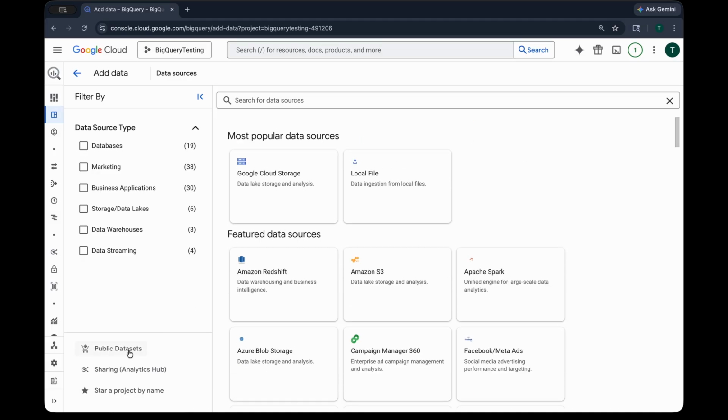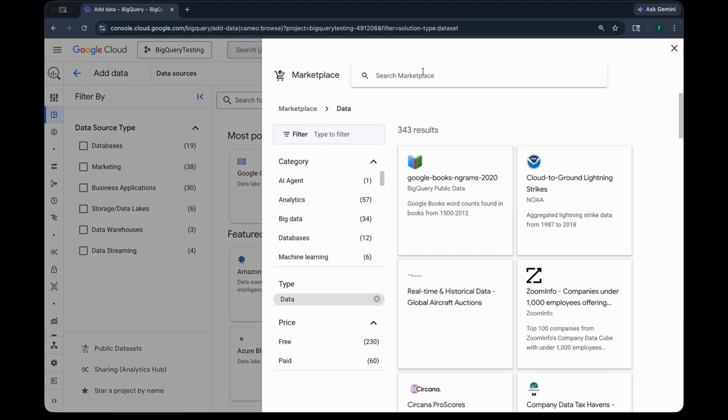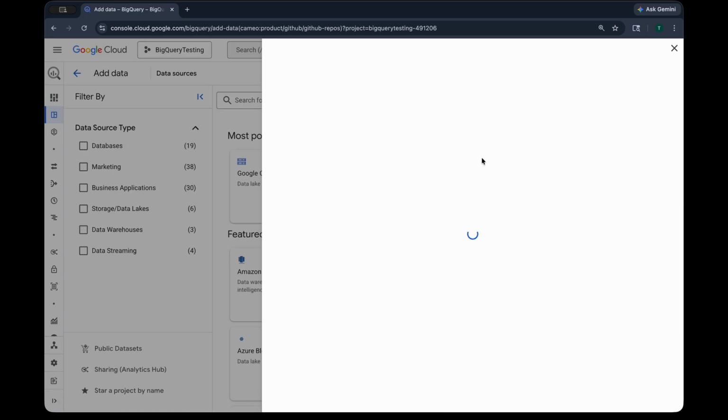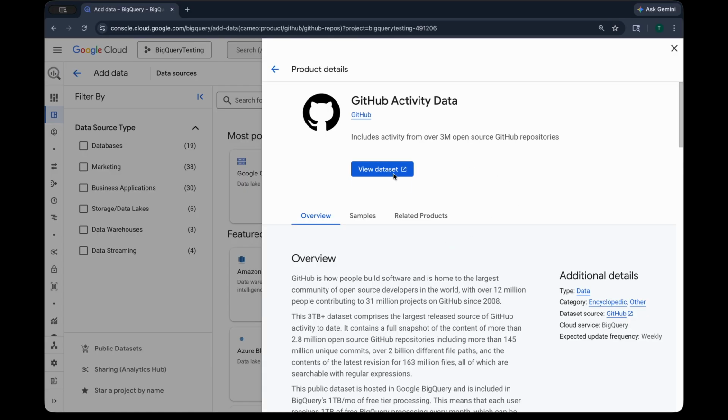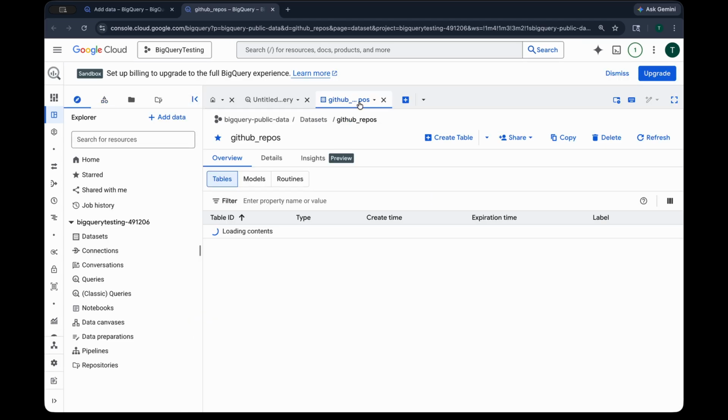But what we're going to be doing now is clicking on public datasets here and searching for some BigQuery public datasets. So we're going to be searching for GitHub, which is the one we're going to be working with today. So I'm going to click on search for GitHub, and you can see we have found the GitHub Activity Data, which is what we're going to be clicking on here. And this is the dataset I would like to work with for this particular tutorial. You can of course click on view dataset, which will take you to a new page